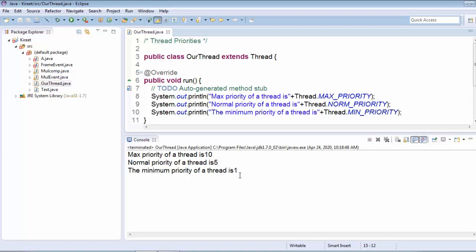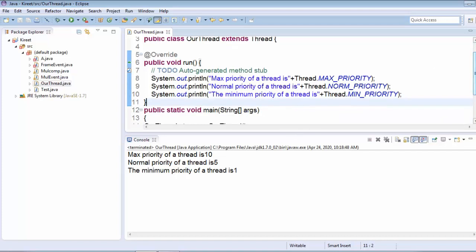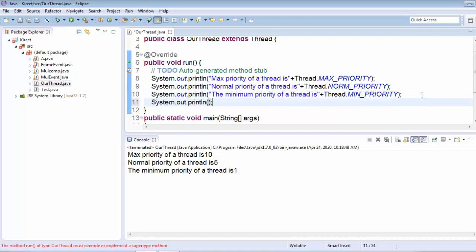Now we want to see what the priority of the currently executing thread in our program is, if we don't set any priority and don't call these functions. What is the default priority of the currently executing thread? So we use sysout, currently executing thread.